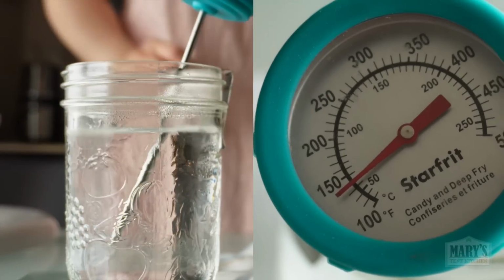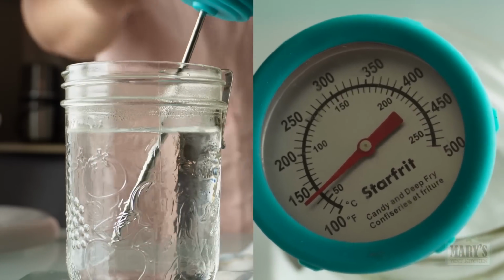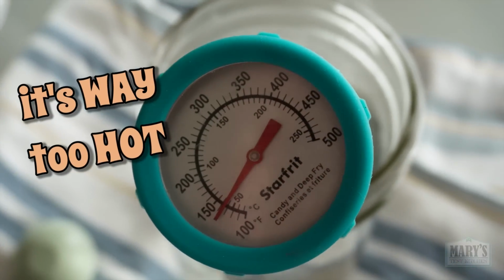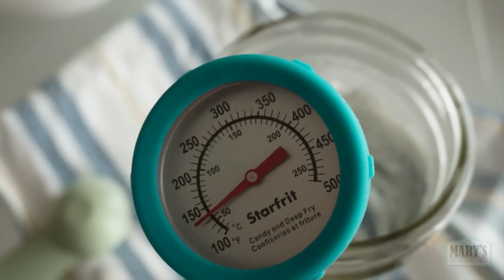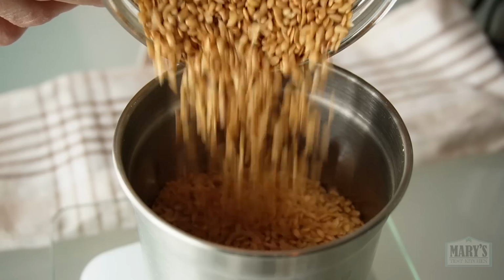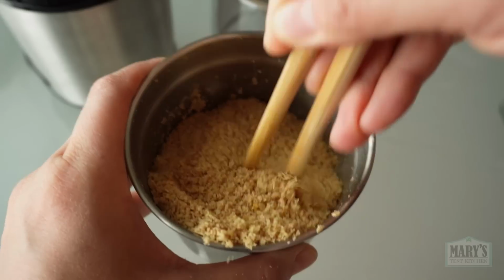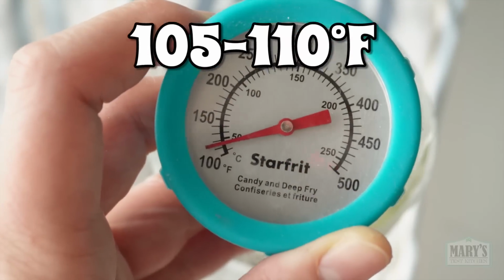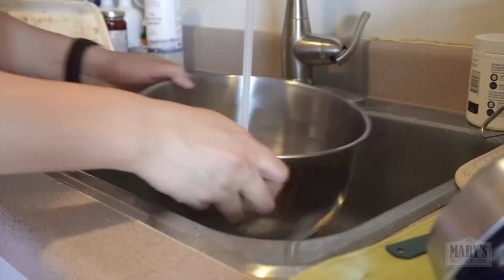This is the perfect steamy bath water temperature to relax your aching muscles. However, it's way too hot for this recipe, so we'll let it cool. In the meantime, I'll measure out and grind up this golden flaxseed. When the water is more like a baby's bath water temperature, warm up your stand mixer bowl, add the water,